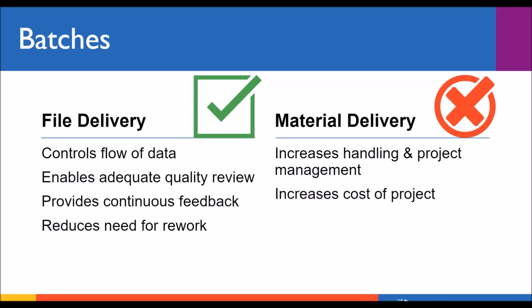Conversely, digitizing in batches can have an impact on the cost of a project. Digitizing 10 batches of 10 boxes is a lot different in a production workflow than digitizing 100 boxes. It's the same amount of boxes, but the workflow is very different. Larger projects usually come with a lower per item cost as the materials handling and project management for those materials is reduced because it's spread over all those materials. So try to aggregate material into a single large project rather than sending batches if possible.